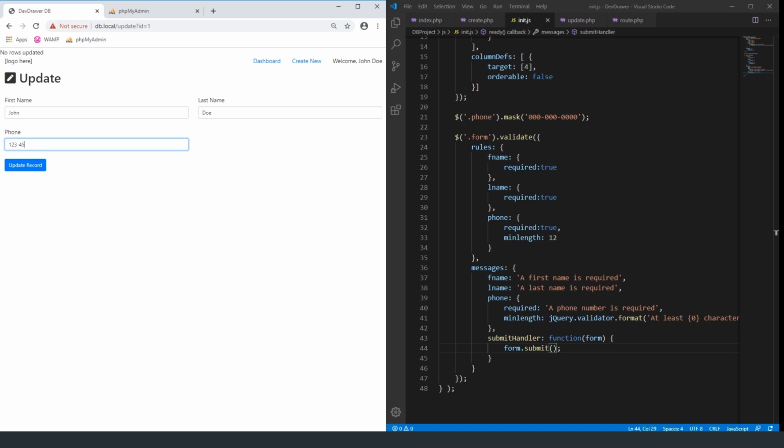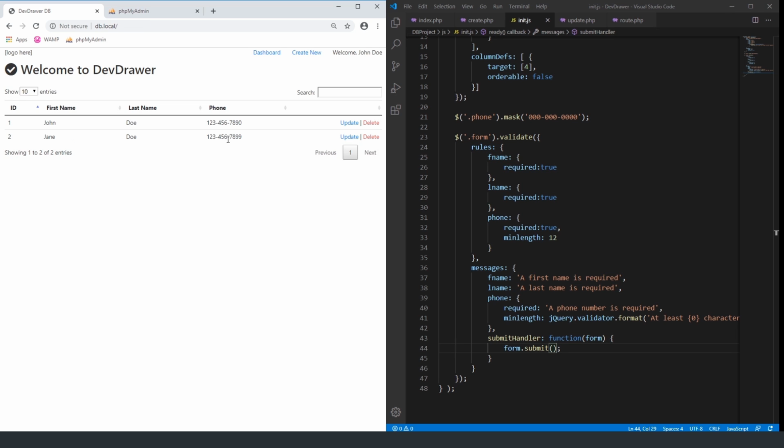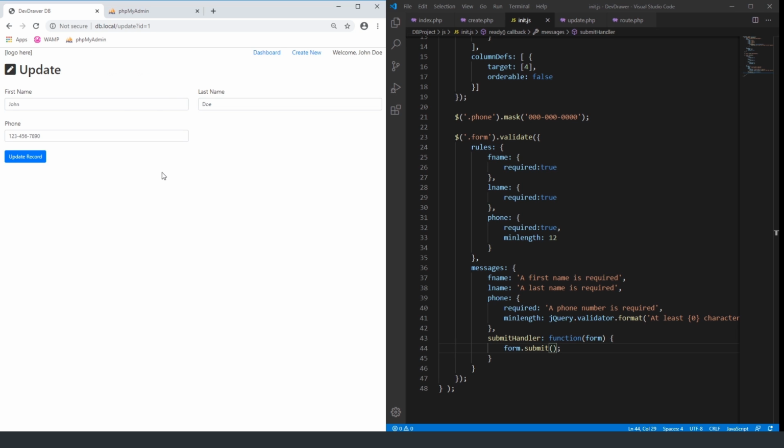So let's change this just to see it update and submit. Alright, so everything is good here. If we go back to our dashboard, everything is good here. But what we wanted to do is Bootstrap has classes that outline a form, text box, and a label that lets you know that something is wrong. So what we want to do is change the error class that's being presented to actually use the error class